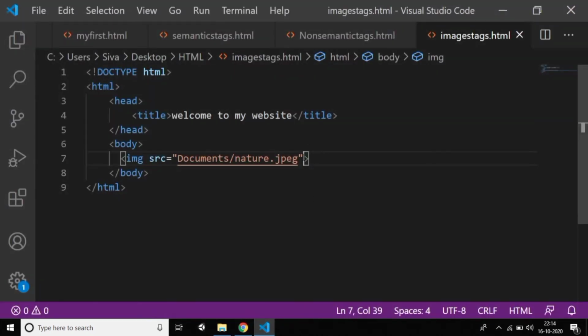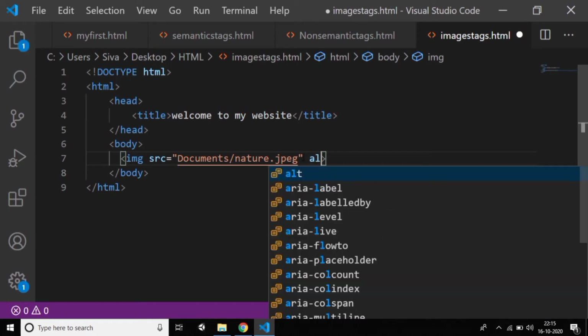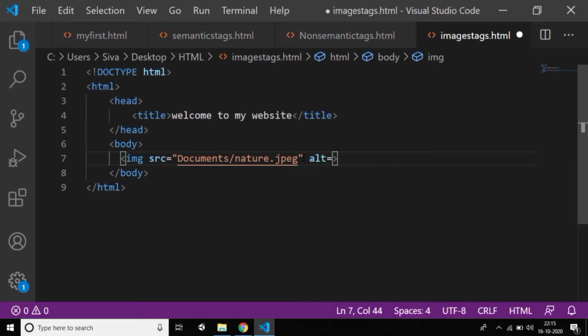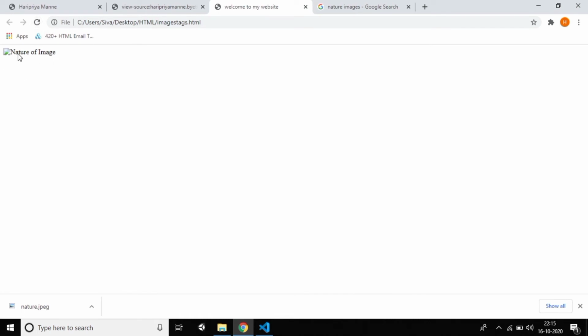So in that time we have one thing which is called the alt tag. Instead of the image, you can give alternate text, which means you can display any text. Actually, the nature of the image, so you can say "nature of image" was there. Just reload, you can see that. That means the users, the public, the customers can understand, okay, here the image was there but unfortunately it was not displayed, which is called the nature of image.